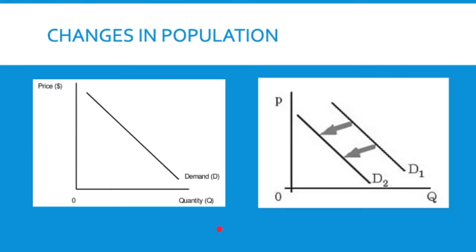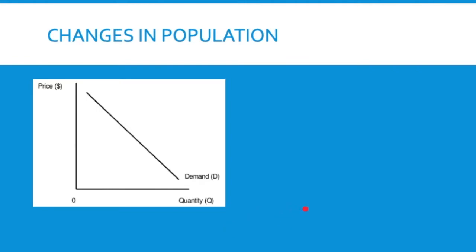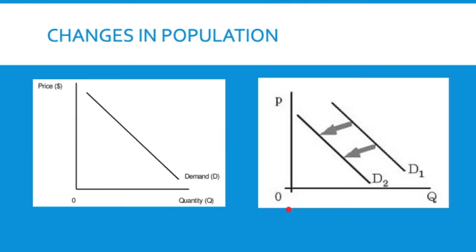Another shifter of demand could be population. So let's go backwards. Think about if this was demand for any good. It could be pizza, it could be gasoline, whatever it might be. If there's a change in population, a decrease in demand, you can imagine that the population maybe has declined. People have left the region or they've left the state. New Hampshire has more people leaving than coming in. So as the population declines, all of demand would decline.